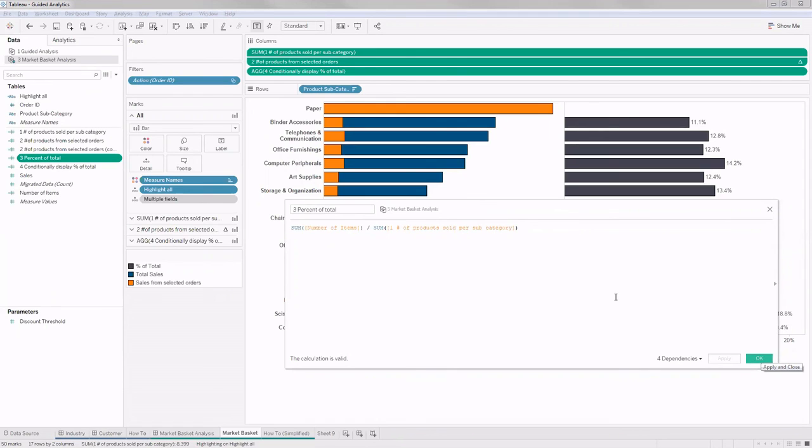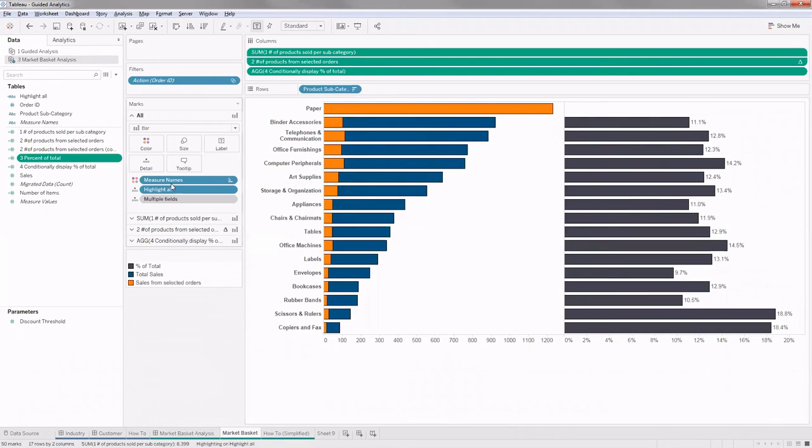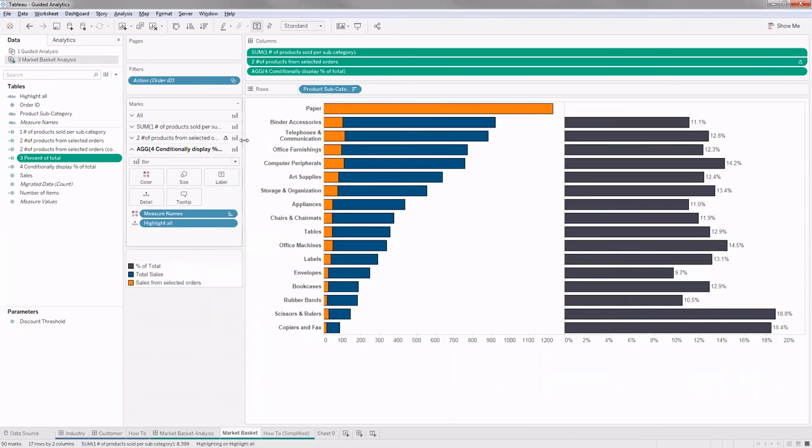Okay. So here for the calculation, we got the numbers actually. We have both the blue numbers and the orange numbers. All I have to do is basically divide them up. Sum number of items, this one is the blue number, the first field, and this is the sum number of items.